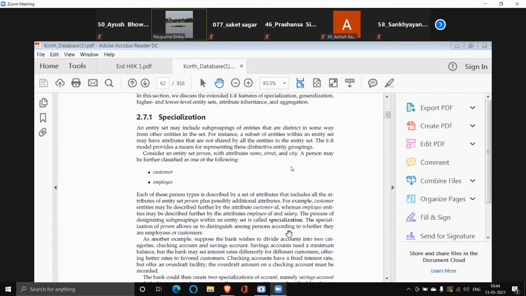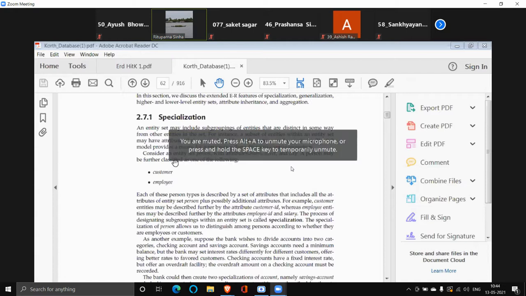So when you design your tables from the ER diagram, if you have such a specialization, then you will make three tables. One of the tables will be person, the topmost one. In that table, the attributes will be name, street, and city, or you can give a person ID also.